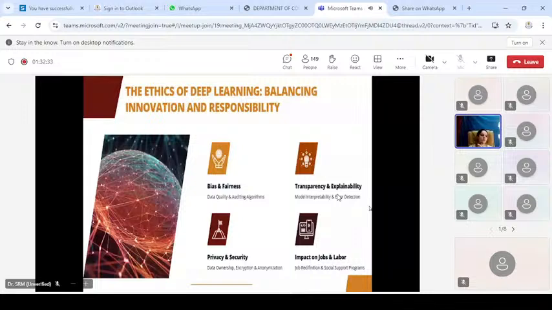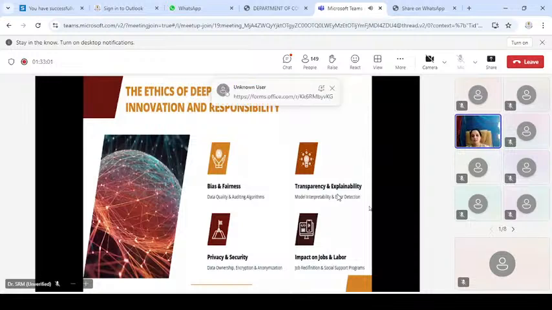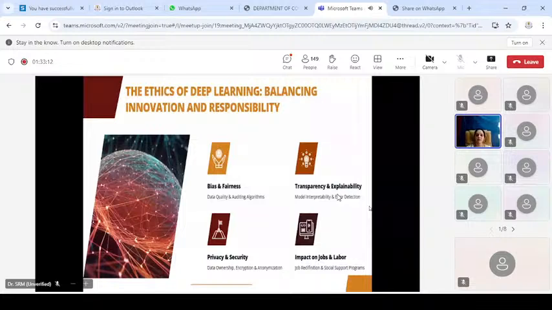And impacts on jobs and labor. Deep learning has the potential to automate various tasks currently performed by human workers, and it could result in significant job losses in certain industries also. And we have been witnessing the same. Now, automation can fortify productivity and efficiency, right? But it is vital to consider its impact on the workers and on the communities. We have to develop policies that will mitigate any negative effects, right?